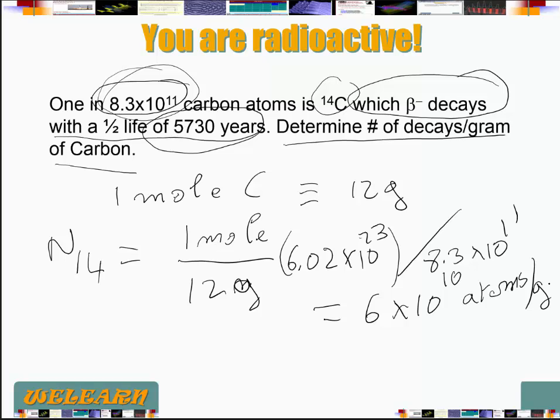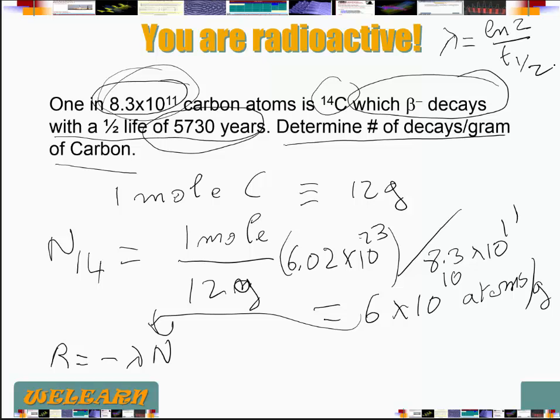Now, to find the activity R, remember, is minus lambda N. We just found N. Lambda, remember, it is log of 2 over the half-life. What you need to be careful about, the half-life, you have to express it in seconds. So the half-life is actually